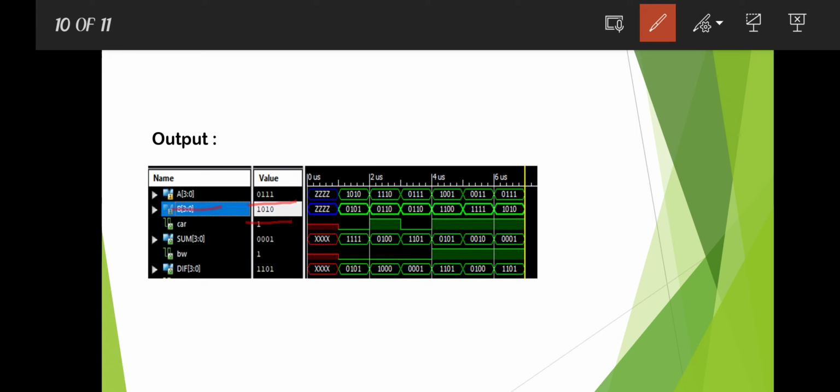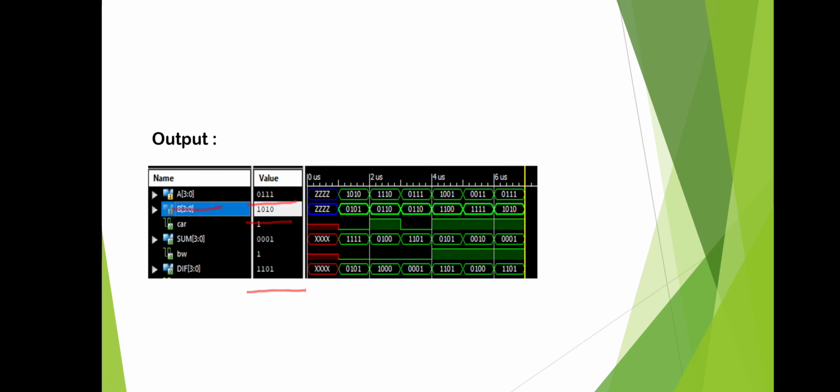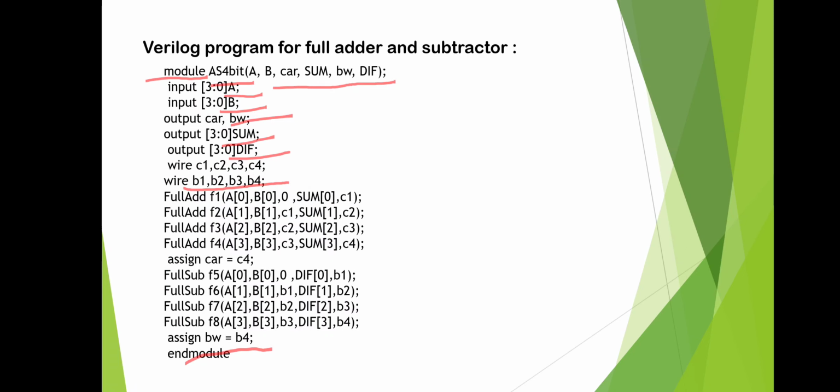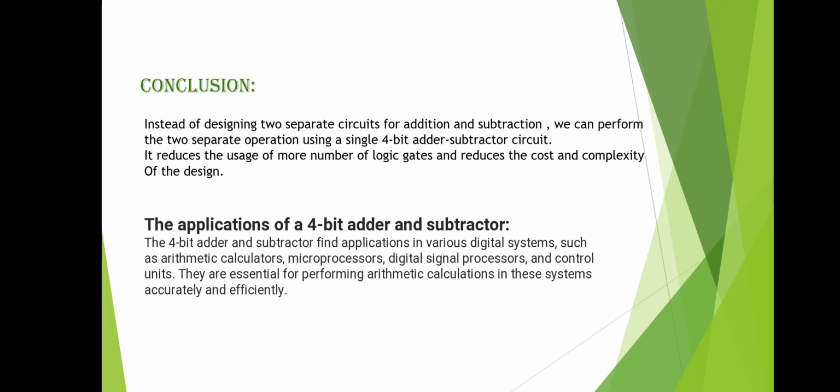Then the output difference is 1 1 0 1. This is the output for this Verilog program. Finally, instead of designing two separate circuits for addition and subtraction, we can perform the two separate